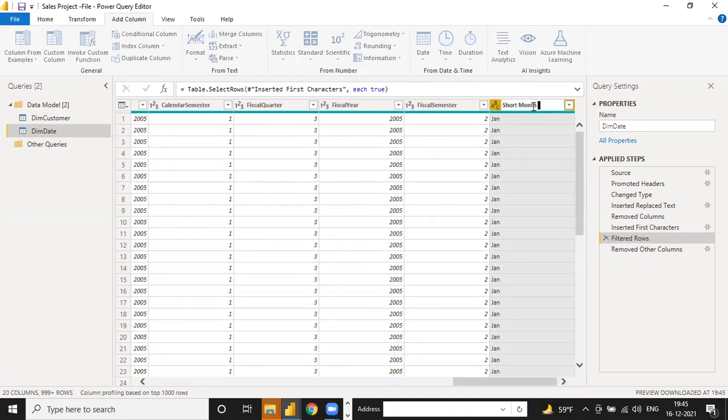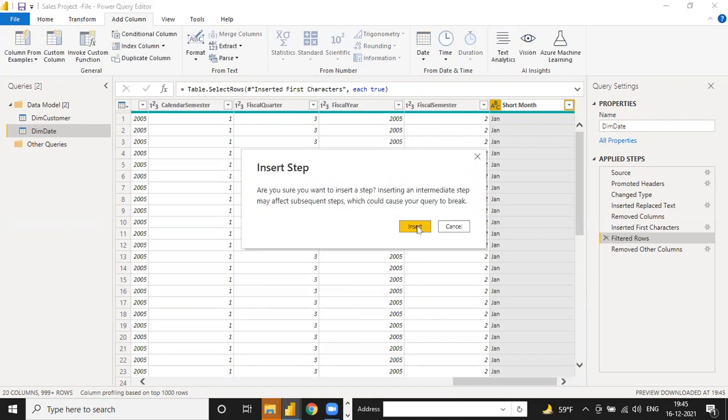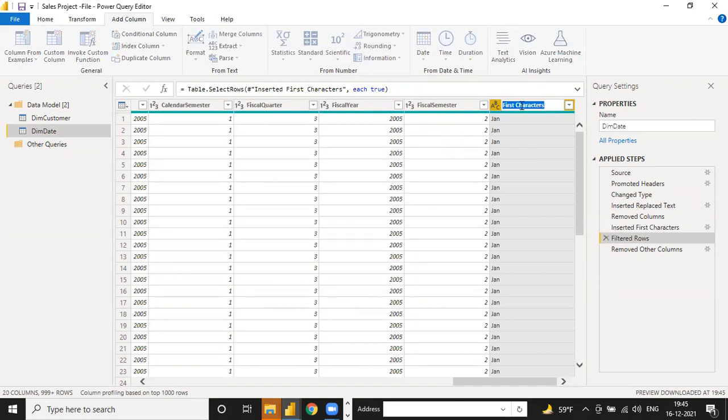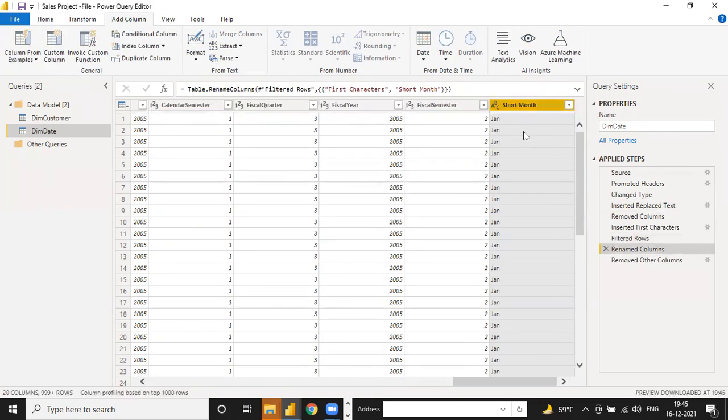And guys, why we need this: suppose you're making a visualization, January, February, March, this is a very long month name. If you're using Jan, Feb, March, this is okay. So this is the short month. And suppose you need to concatenate the short month, and suppose you need to calculate the short month and fiscal year connected together, like month and